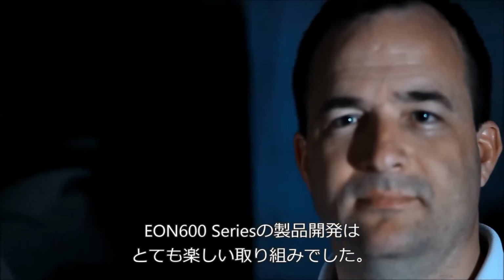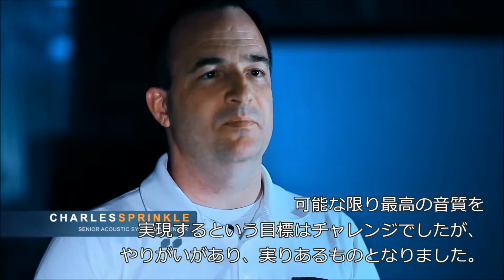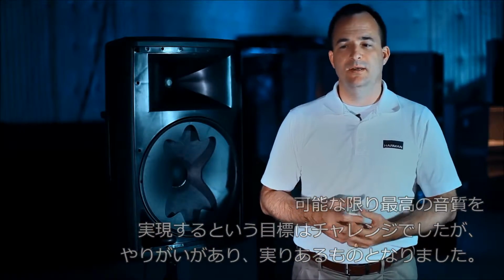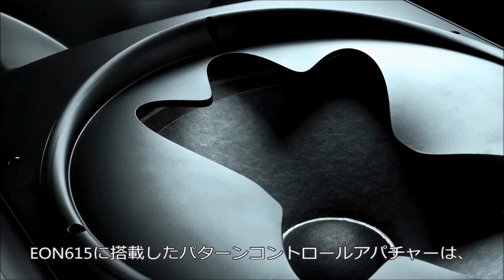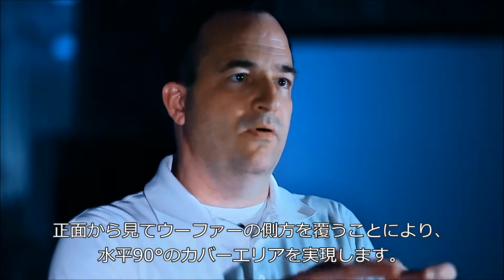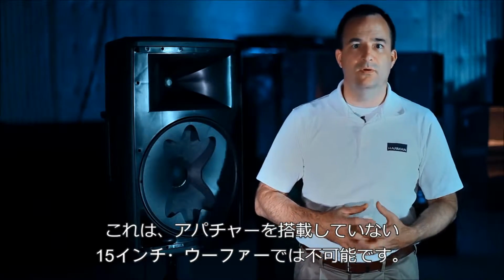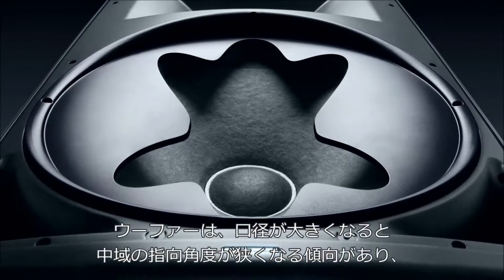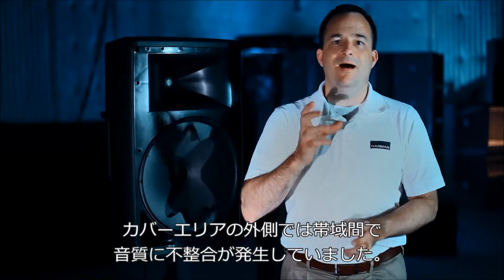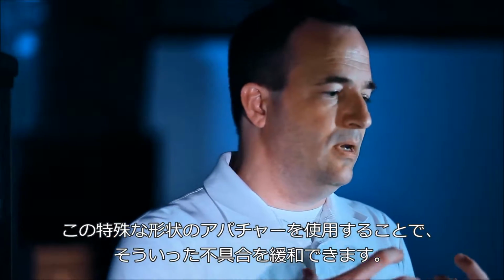Working on the EON615 project was a lot of fun, and being able to make the product sound as good as we possibly could make it sound was a challenge, and it was pretty rewarding in the end. What the pattern control aperture does on the EON615 is, by pinching in on the sides, it allows that woofer to have 90-degree coverage, which you don't get on a 15-inch woofer without an aperture. Being able to use a fluted aperture prevents some of the sound anomalies that can happen if you use a slot. By using the pattern control aperture that we have on EON615, we're able to moderate that pattern